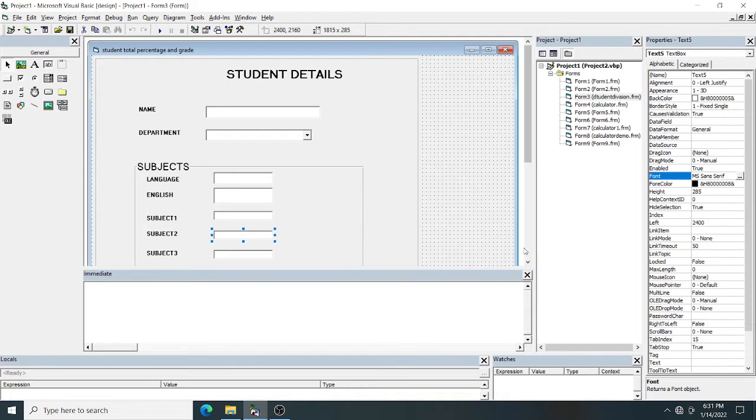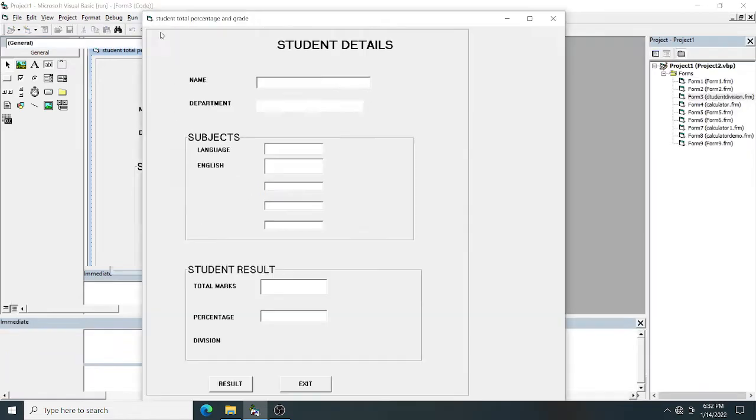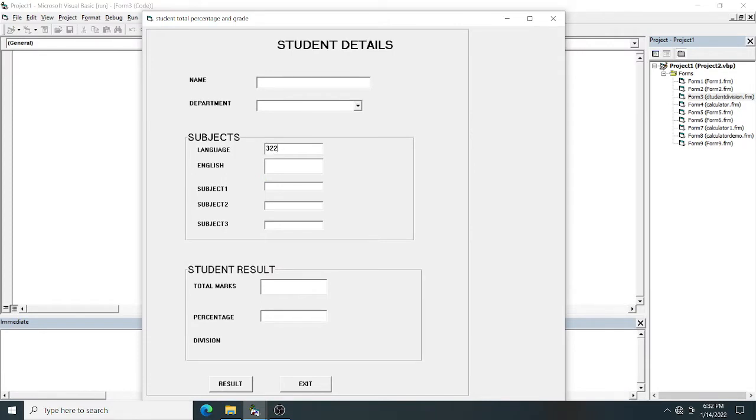We have to validate the input data using ASCII value. Look at here now. In this field you can see the names text2, text3, text, and this one, text4. These fields we have to validate so that we can enter digits only. If we enter an alphabet, it won't take. If I execute, you can see if I enter a digit, it is taking, and if I enter an alphabet also, it is taking. I will restrict this input field so that it should accept only digits.